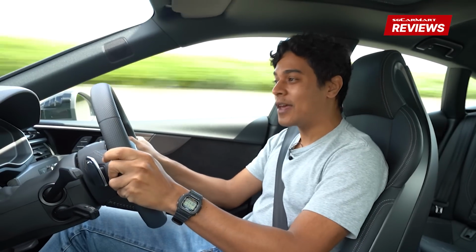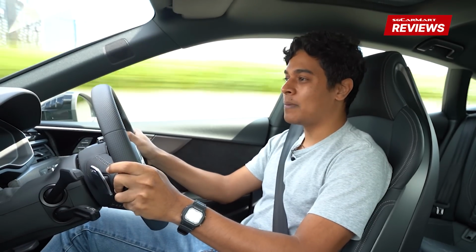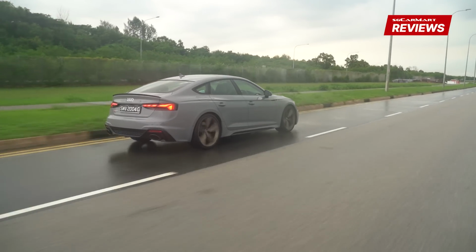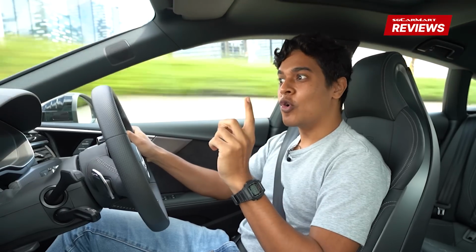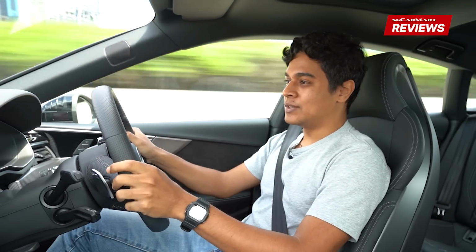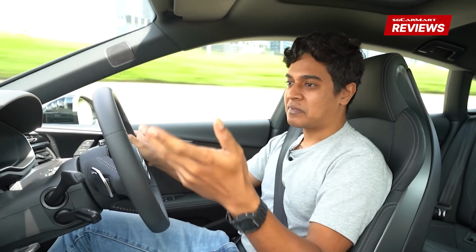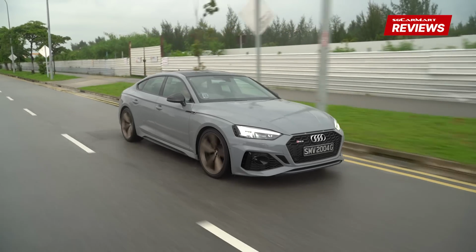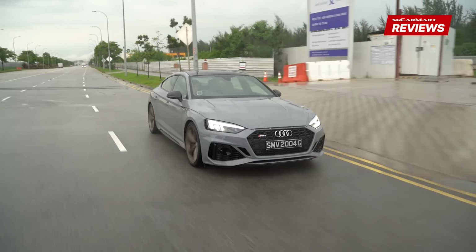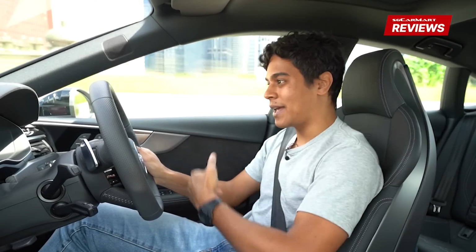Although I shouldn't be talking about comfort, especially when I'm driving something like an RS5 Sportback. It is indeed quite comfortable actually, but it really depends on the road you are on. If you're on a highway or expressway like I am now, it is indeed quite comfortable. It is very well damped. But the moment you get to, let's say, minor roads or some road works or some other road undulations, it gets a bit tough, and you will notice it not just from the vibrations and the bumps that get in